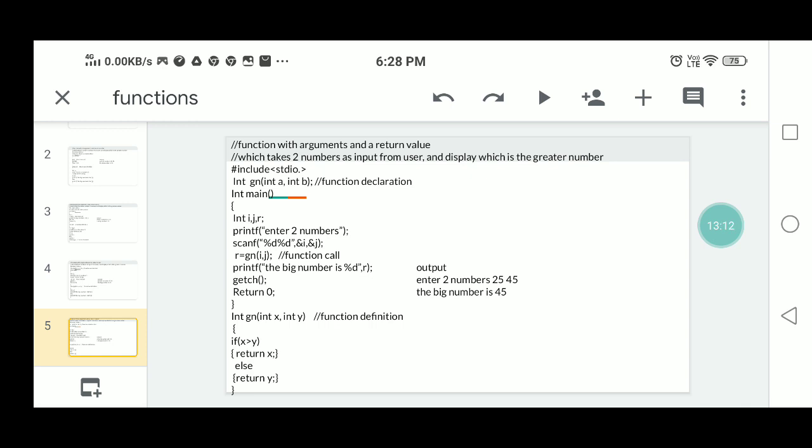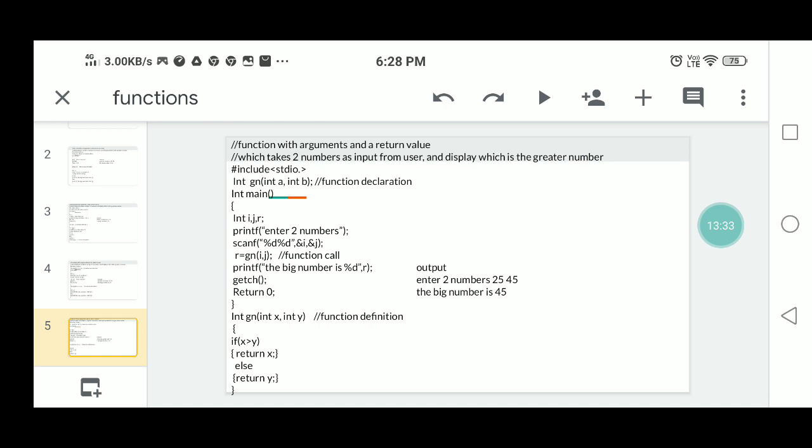So the same program can be applied to this. So here mention gn function, variables are a comma b, the type is integer type, function type is also integer. The next main program can be declared as integer.